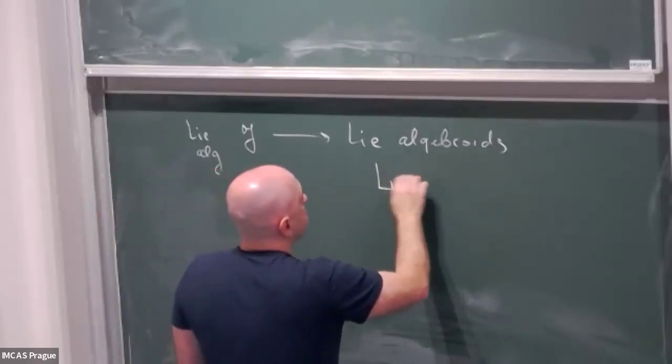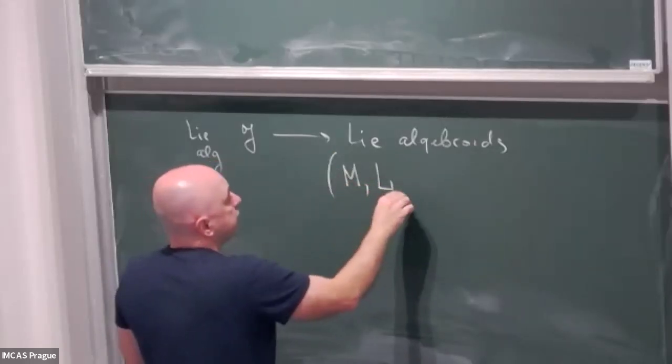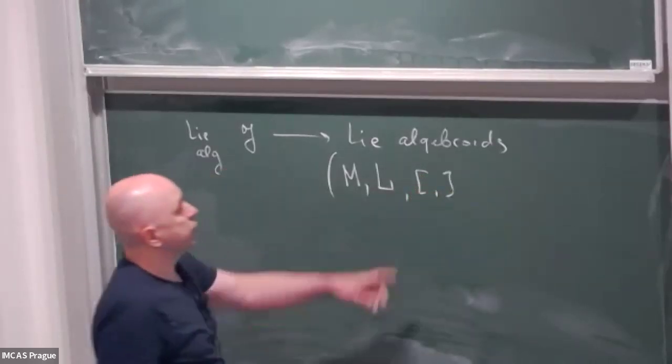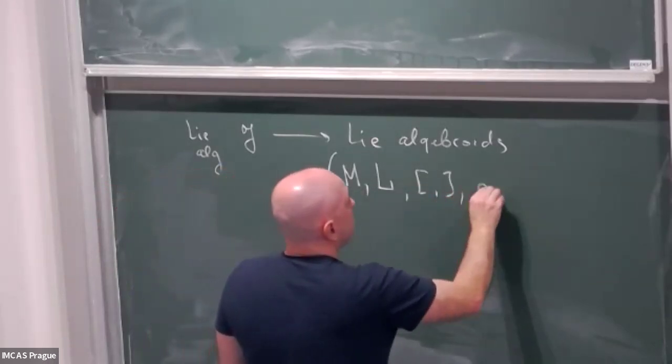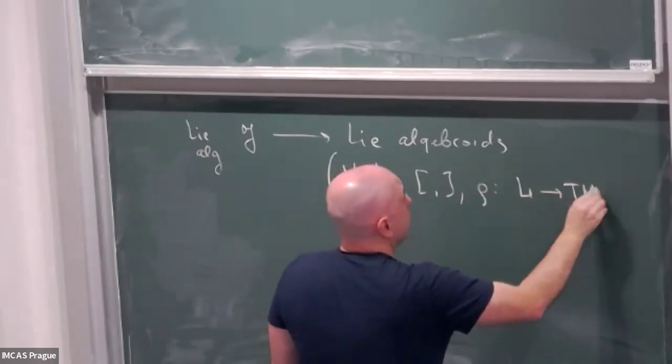It consists of a base manifold M. L is a vector space, the sections of which are supplied with a Lie bracket. And there's also the anchor map, which is the bundle map from L to TM,